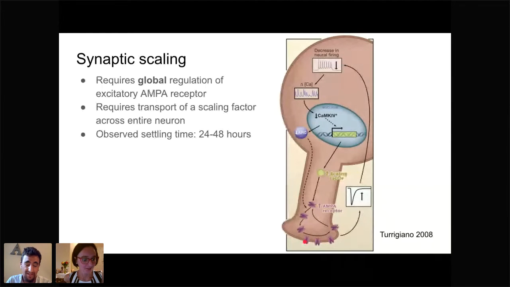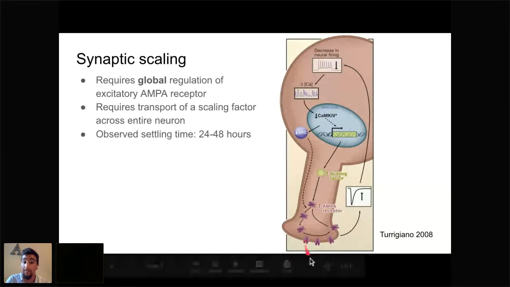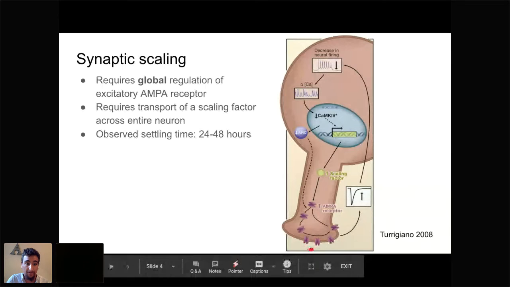I'll start from the beginning of the slide. This is a figure from a prominent review that provides an answer. This figure shows that a neuron expresses some AMPA receptors, shown at the bottom here. These receptors shape electrical inputs in the cell, which are shown here, which change neuron firing and change internal calcium